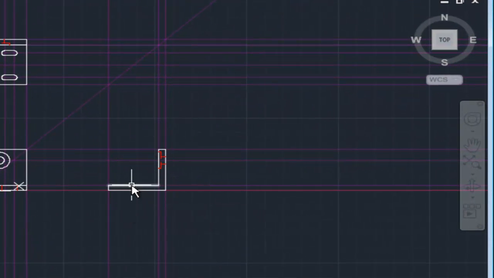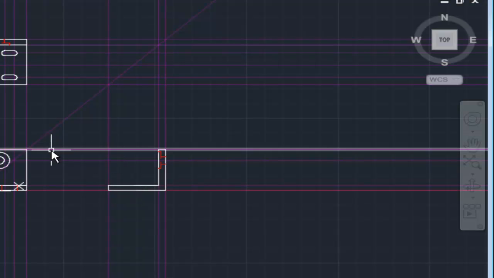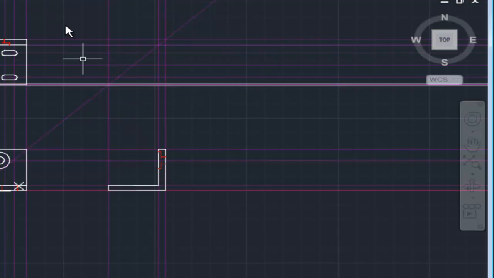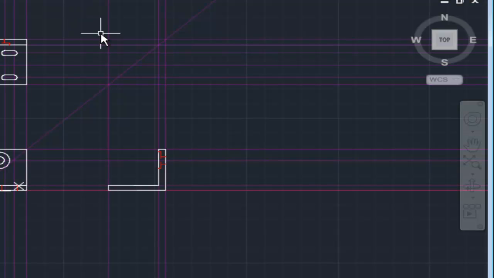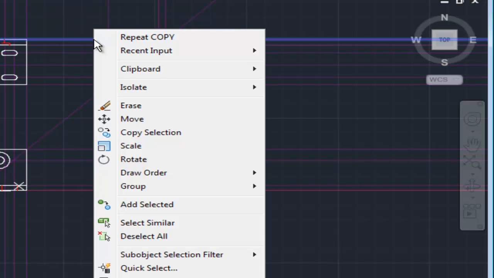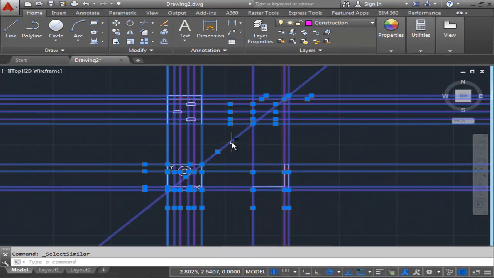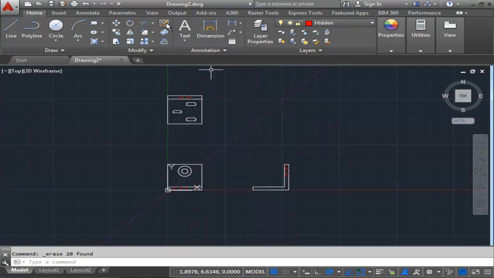Now for the right side view, what we're going to do is go back to our construction lines and transfer some measurements over. But before we do that, I want to clean up some of these construction lines so that it won't look overwhelming. So I'm going to select one of them. I'm going to right click and go to where it says select similar, and I'm going to hold shift to deselect my minor line,